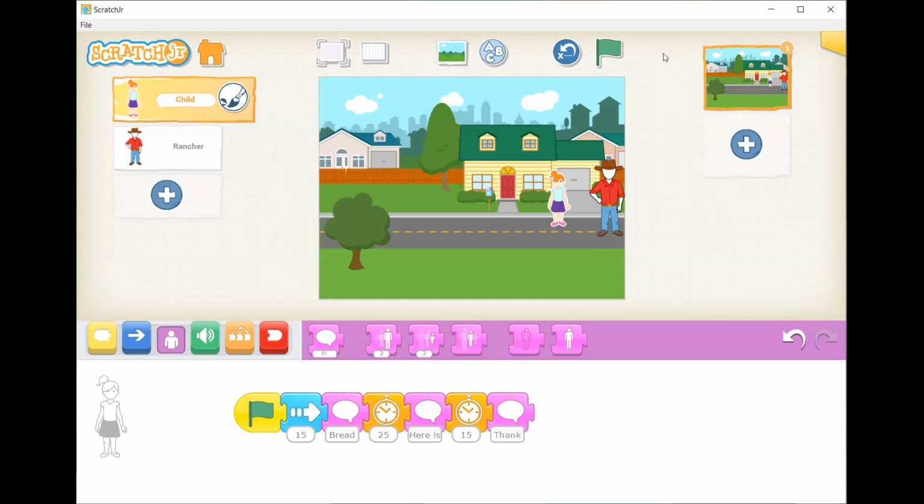I'm ready now to test this one. I'm going to reset the characters and then try and see whether the timing is still proper. I'm going to click on run. There is the girl moving. Bread. It's 15 rands. Here is 20. Thank you. Your change is 5 rand. Thank you. Goodbye. Okay. So it works perfectly well,